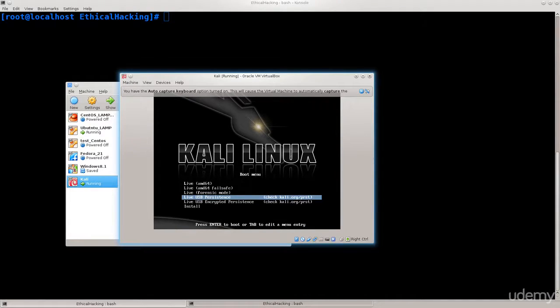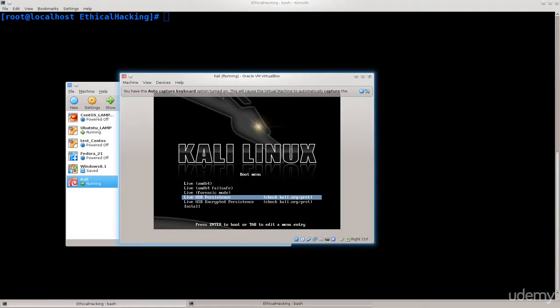And then you have live USB persistence. So this is a very nice feature that you can have. For example, you can have an operating system, Kali Linux or many other distros, installed on a USB stick, and you can have a rather large USB stick, like 256 gigs or something of a kind. It doesn't need to be that big, it can be a lot smaller, but the bigger the better, primarily because of this persistence flag. You can work, and all of your work will be saved on that USB hard drive, so you can make permanent changes to a live